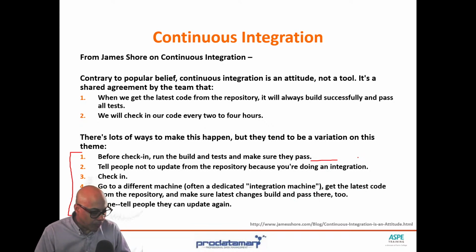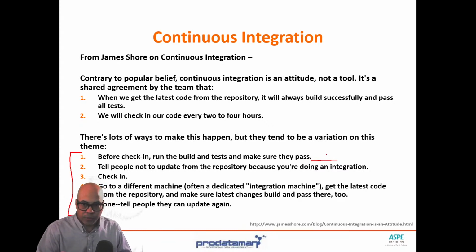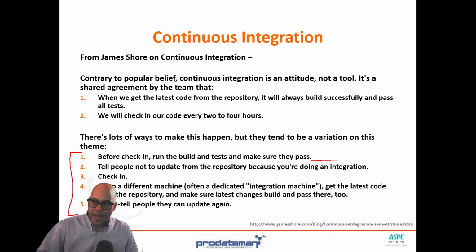Preferably, we want to do a get latest version or a pull from the remote repository to make sure that what's in the repository merges well with what we're about to put in there. Because even if it passes on our local machine, once it merges or integrates with what's in the remote repository, it might not pass then. And then you will still be punished for your bad behavior, even though it was somebody else that changed the code while you had it checked out.